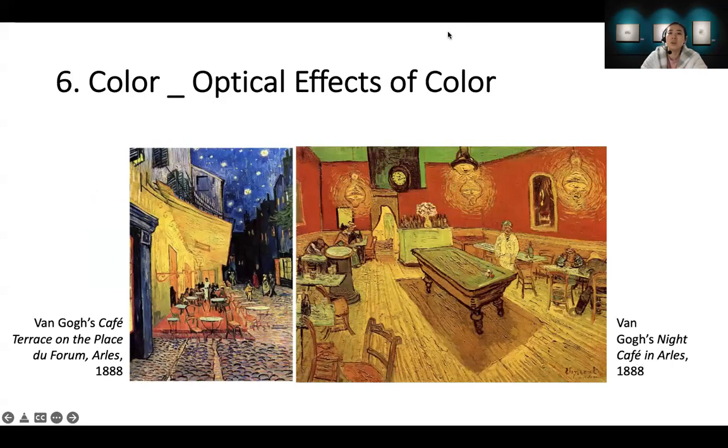Like this example, Vincent van Gogh's work. On the left work, the artist used blue and orange. These are complementary colors. And on the right work, the artist used green and red to create the complementary colors.